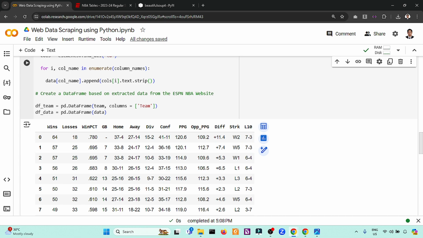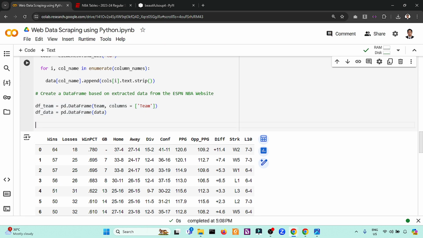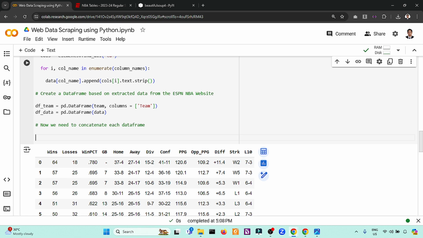So now that we have this, remember we have two separate data frames, so what we need to do is to concatenate them. We created already the data frames, which are df team and df data. Now we need to concatenate each data frame that we created.